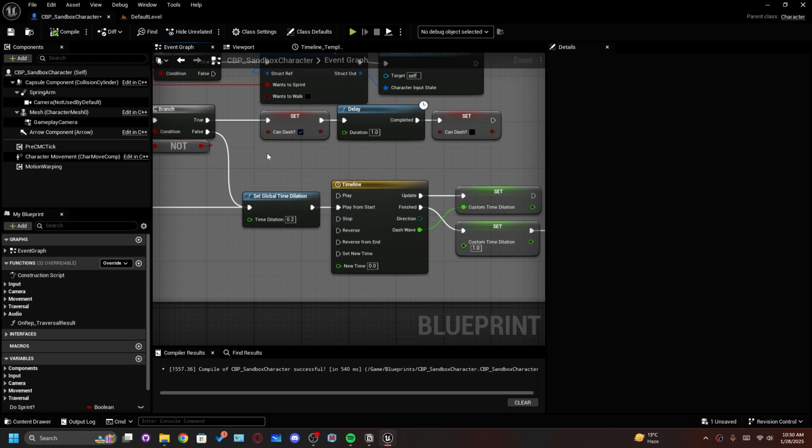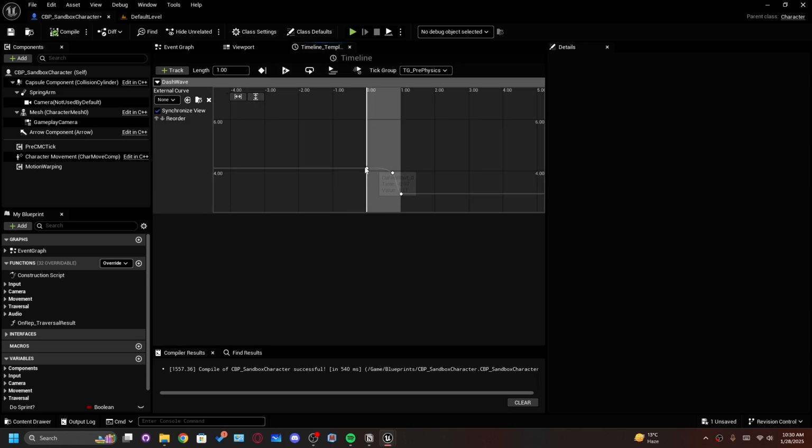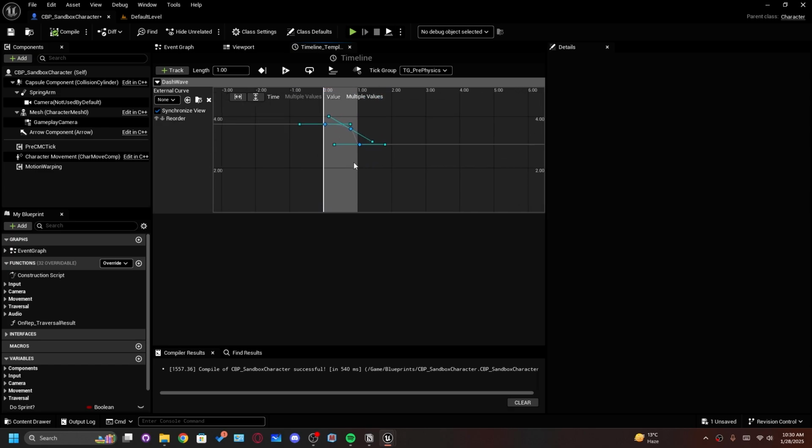So we needed the global time dilation, and because we are trying to make this slower, we actually need this to be a lot above, like crazy above. If you don't want to do this and you want to keep this in a good range, because we actually want this last value to be around 1 because we are setting it back, you actually need to keep this in a good range. So what we are going to do is